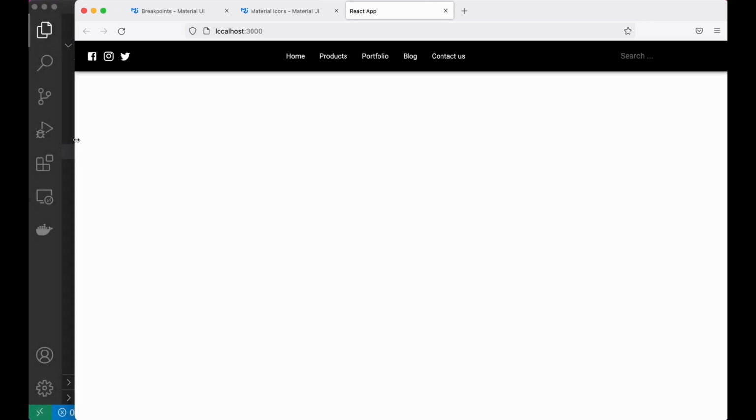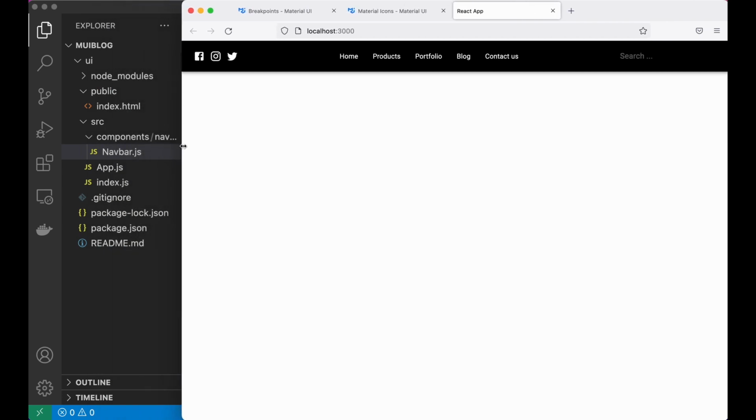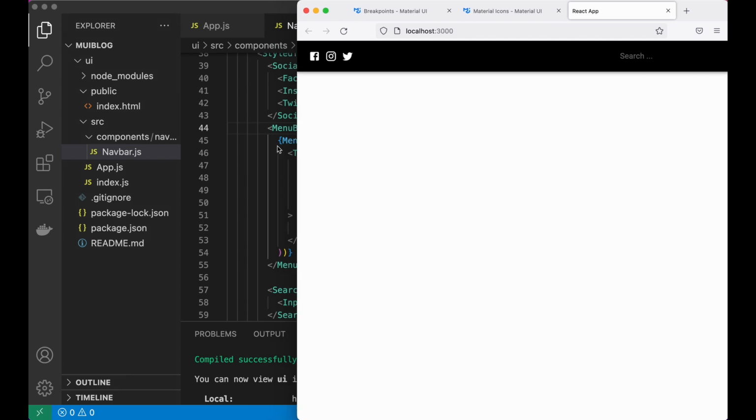Now if I decrease the size of this browser to small or extra small, the display should be none. So let's see, yes, as I get to a small screen, the display of this menu is none. Now as it gets hidden, we have no option for our users to navigate in this website. So let's display this icon where a user can click and a right bar opens in which we will show